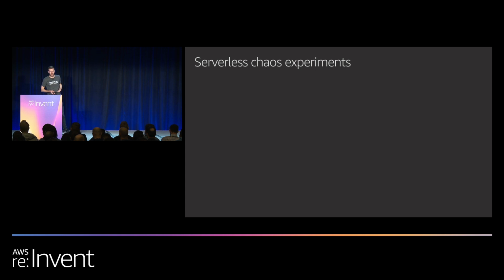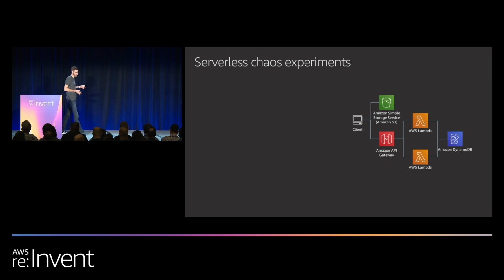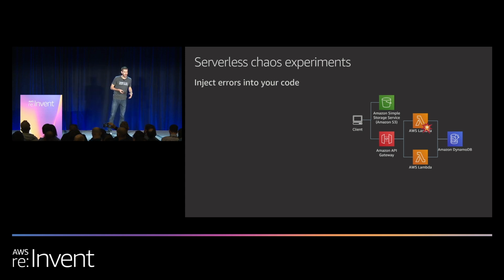So let's look at some practical serverless chaos experiments we can do. Our simple architecture here is a web service with an API gateway in front of 2 Lambdas. And they, in turn, retrieve or store data in DynamoDB. Alongside this, we have an S3 bucket for static content. So in this, we can, for example, inject errors into the code. So instead of returning a 200 response through API gateway, we can return a 404 or a 502 or whatever error code we think is fun to test with